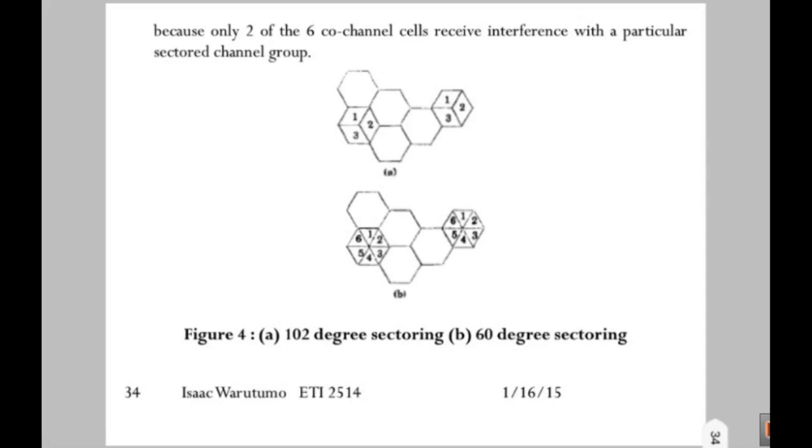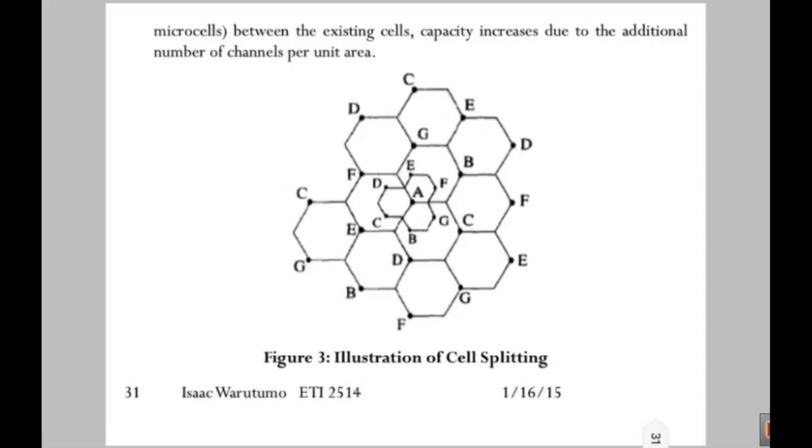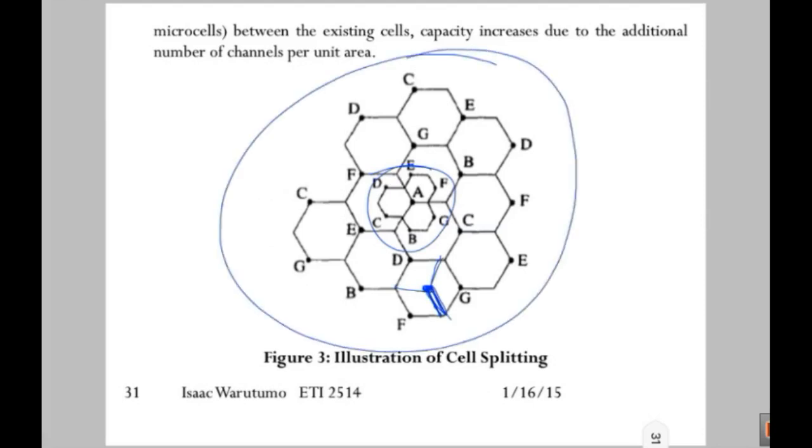Now, if we do and say that initially, assume this is not the one that we are considering now. Assume that now our cell was at the center of that last cell dotted with blue, and then you split this into 3 like that. The way that you have labeled this one is entirely different, because variables A, B, C, D are the corners, but we are talking about another one that is centered.